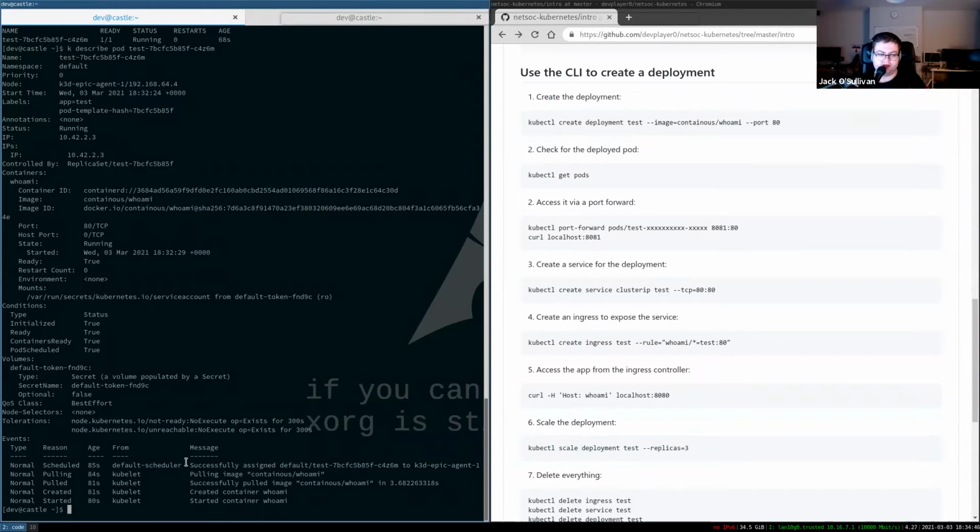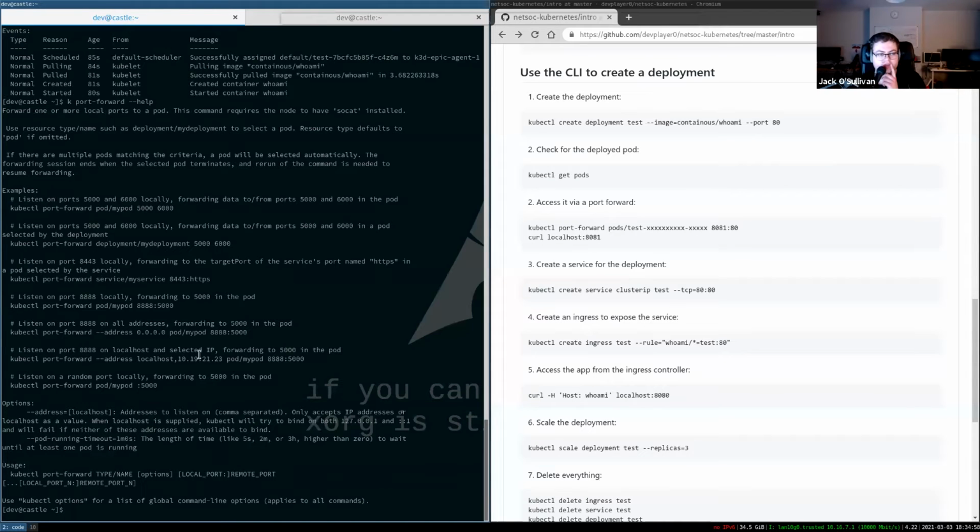So now how would we actually access that? We can't actually get it into the cluster network directly. So what we're going to use is a command called port forward. Port forward allows you to access a pod's port, and it forwards it to your local machine. So I'm going to do kubectl port-forward, and the pod is,